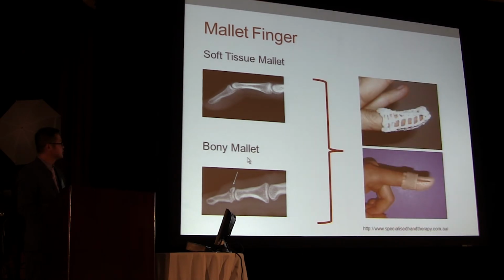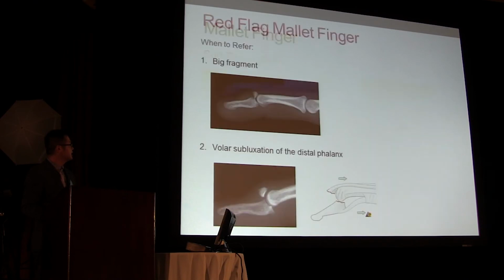And the treatment is actually pretty simple. You have to keep them in extension 24/7 for 6 weeks, okay, 24/7. If at 5 weeks they take off their splint and they droop, then you start at 0 again, okay? And so it's 6 weeks, 24/7. And what I wanted to highlight here is when to actually refer to a hand surgeon, because you could treat this in your clinics, is when they have a big piece, and usually it says 1/3, but if you have a piece that looks like this, send it to the hand surgeon